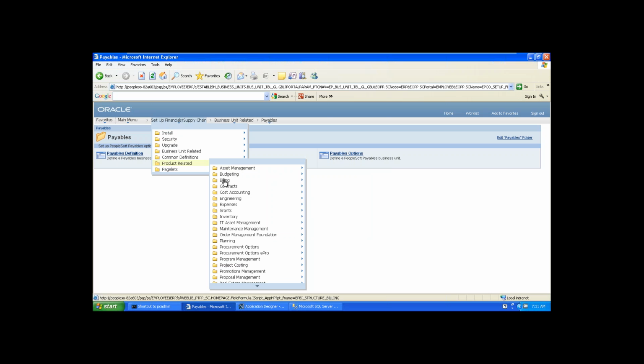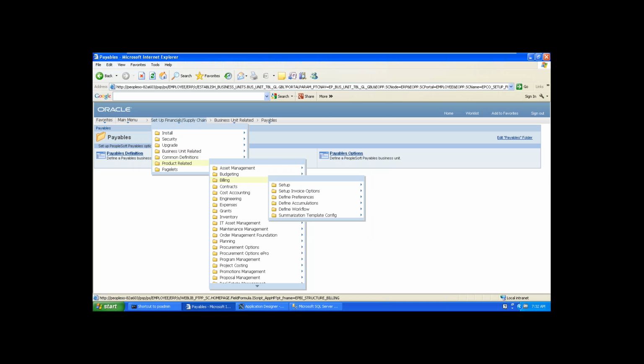Suppose if I do some setups in billing navigation, these setups can be only useful for the billing module. Whatever setups you do in product related, those setups are only specific to that particular product. Those setups cannot be used across the system. Clear? Any doubt?